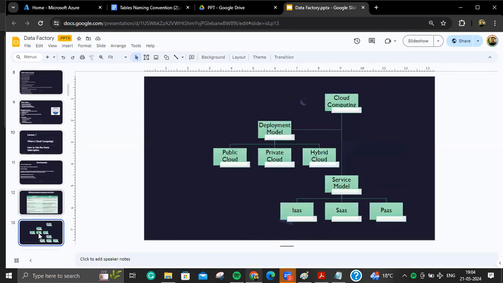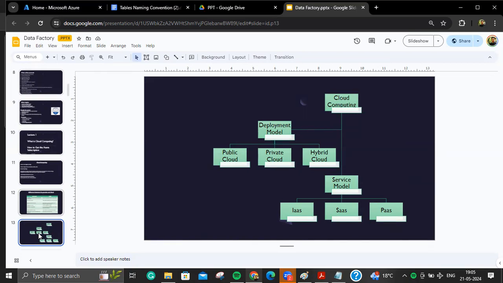Now the cloud in general has two models. One is deployment model and second is service model. Now all of this difference is not so important from the practical perspective. In day-to-day jobs, nobody will ask you what is public cloud, private cloud, hybrid cloud, IaaS, SaaS and PaaS. It's general terms. But from the certification perspective, if you go for AZ-900, these questions can be asked. But in the interview or in the day-to-day job, it's less likely that people will ask you.